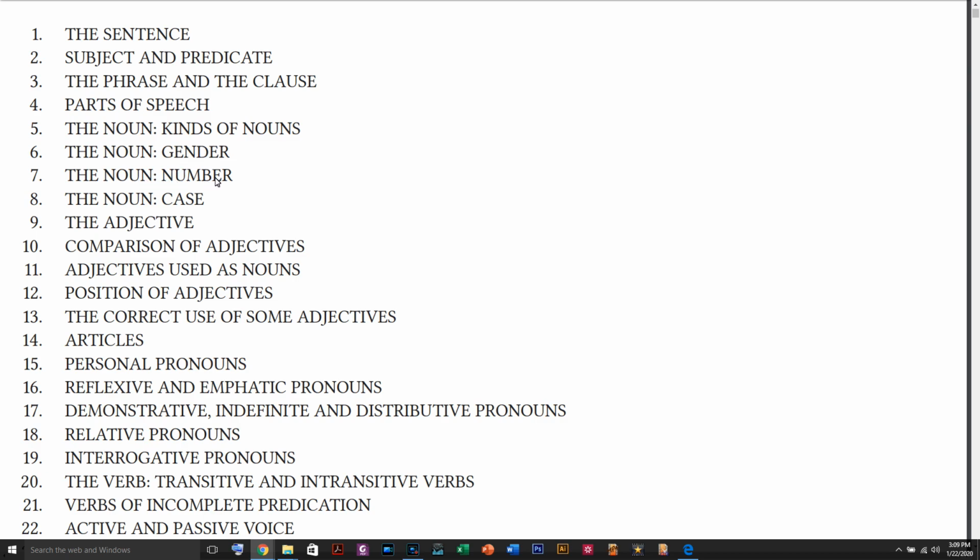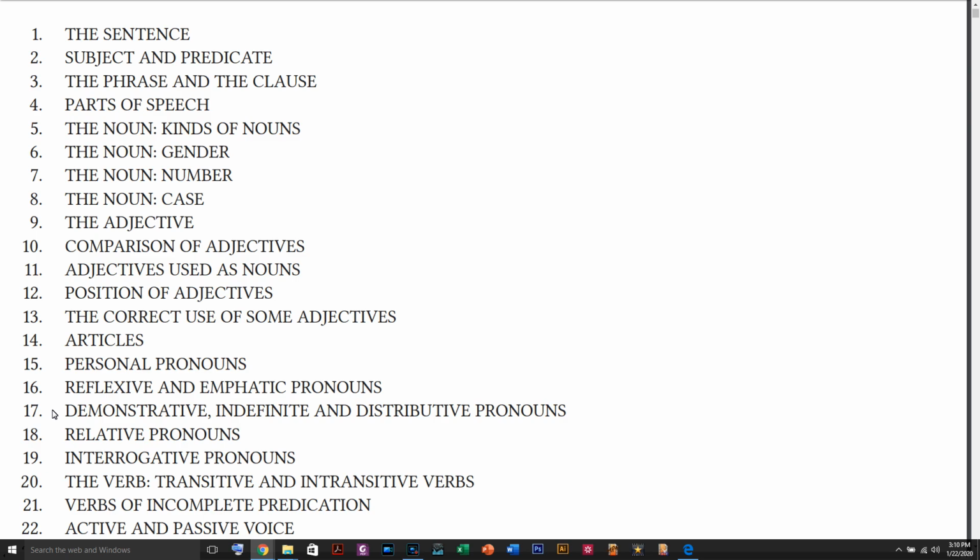The noun as numbers, the noun as cases. Ninth lesson will be the adjectives, comparisons of adjectives, adjectives used as nouns, positions of adjectives, the correct use of some adjectives, articles, personal pronouns, reflexive and emphatic pronouns, demonstrative, indefinite and distributive pronouns, relative pronouns,